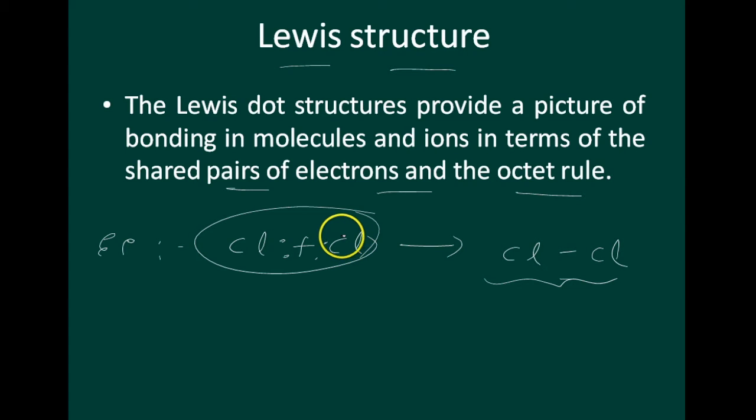Writing Lewis dot structures of molecules is therefore very useful. The Lewis dot structures can be written by adopting the following steps, so that we can easily adapt how to write them. The first step: calculate the total number of electrons required for writing the structure, obtained by adding the valence electrons